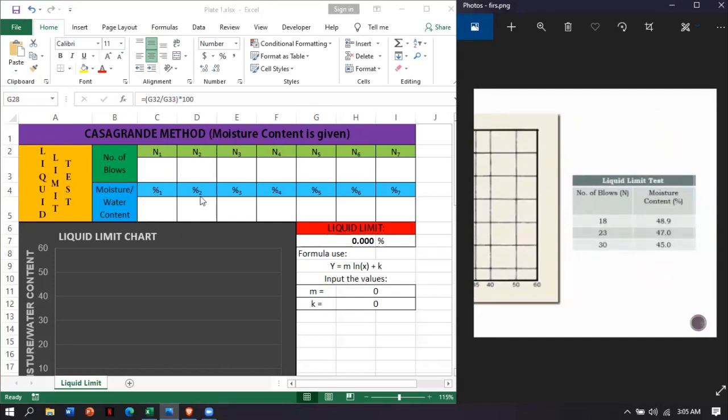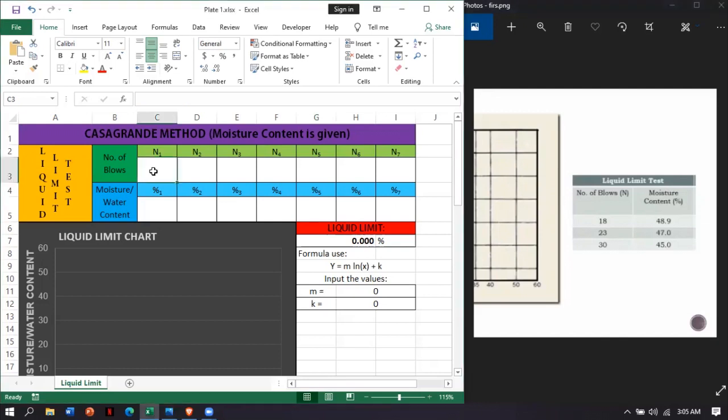So we're going to input the values, which are 18, 23, 30. And second, we're going to input the moisture content, which is 48.9, 47, and